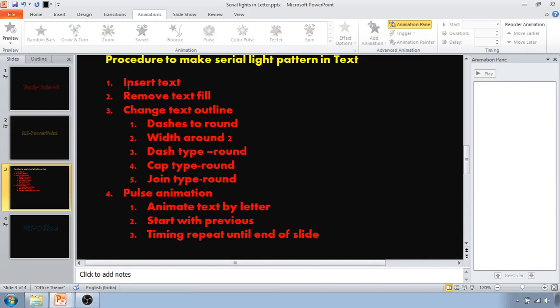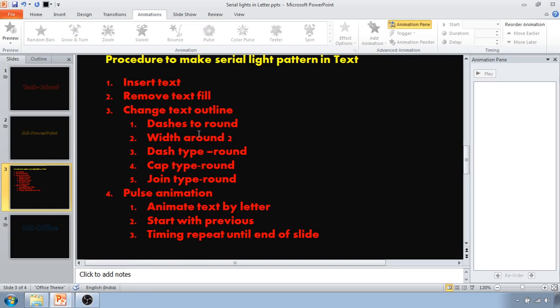First one is insert text, then remove the text fill, then change the text outline dash to round. Width should be around 2, then dash type is round, cap type is also round, joint type is also round.